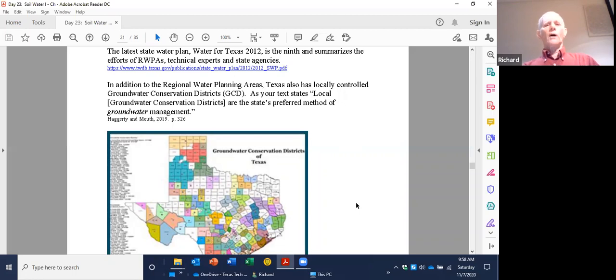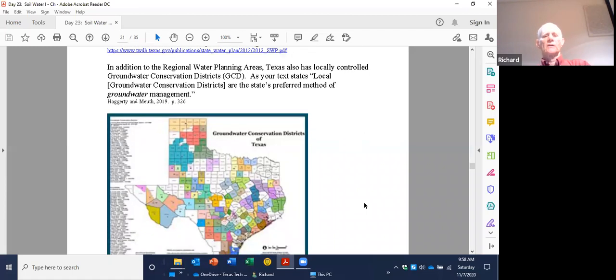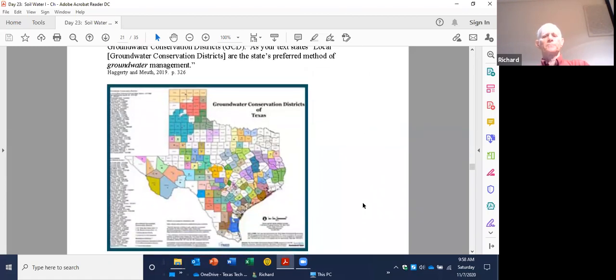The goal of this groundwater conservation district is local control. Individual farmers and producers and city managers controlling this rather than have it imposed from Austin. The groundwater conservation districts are shown in the previous map. Now, if you look at this, the whole state is not covered by a groundwater conservation district in this particular